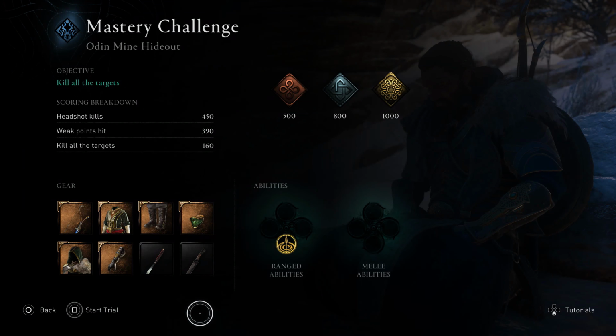Next one up is for the Wolf, Mastery of the Wolf. So we need headshot kills. We need weak points to target and kill all targets here. This takes a little bit of time and a little bit of precision with your arrows. But